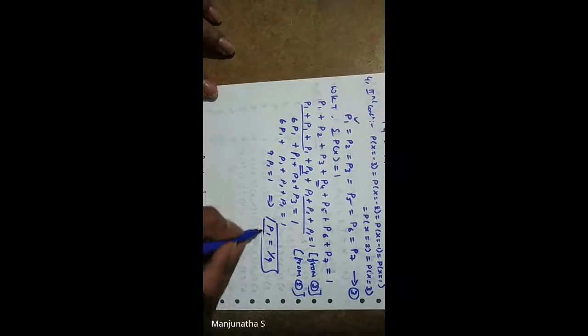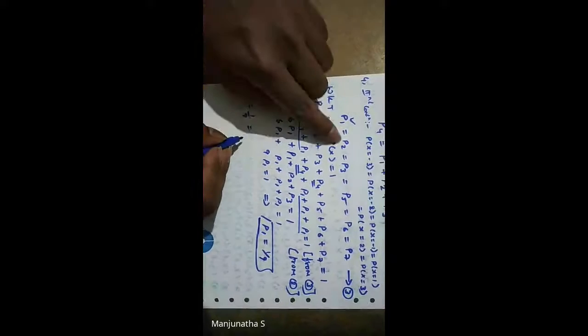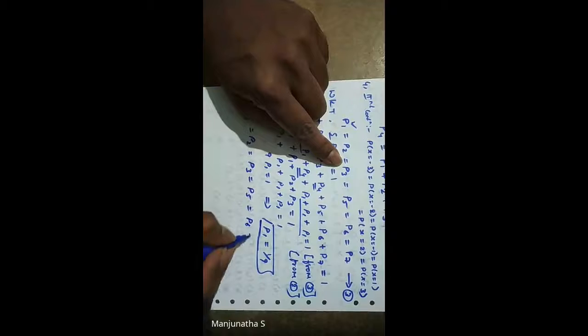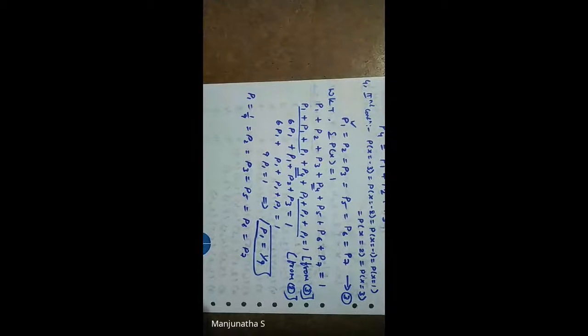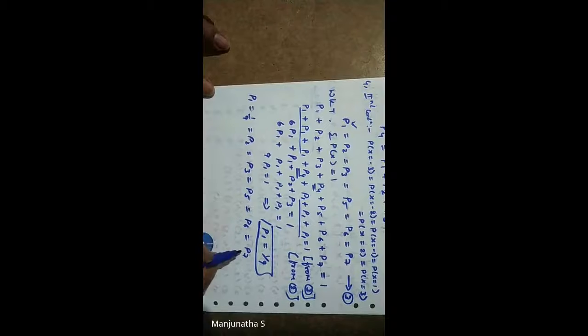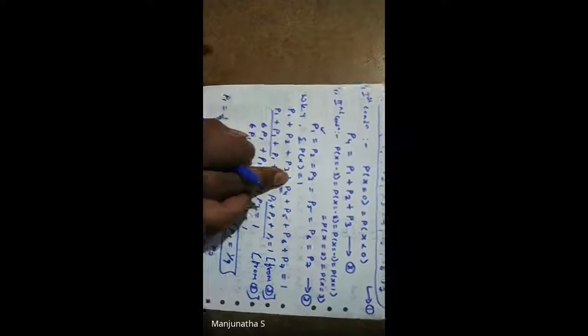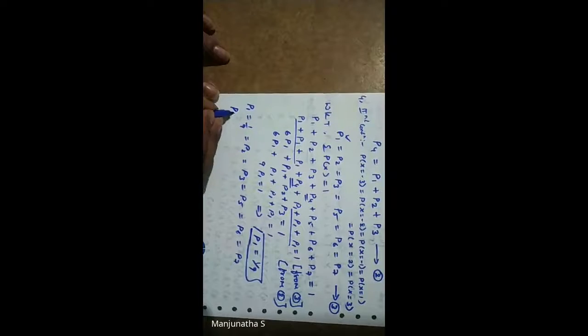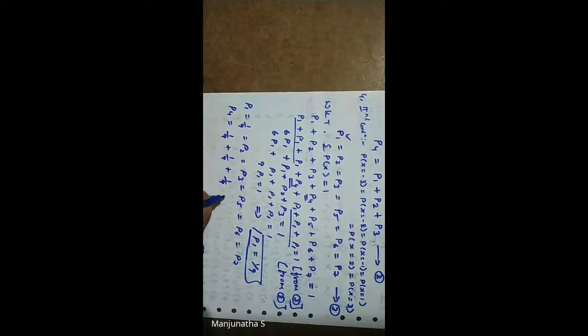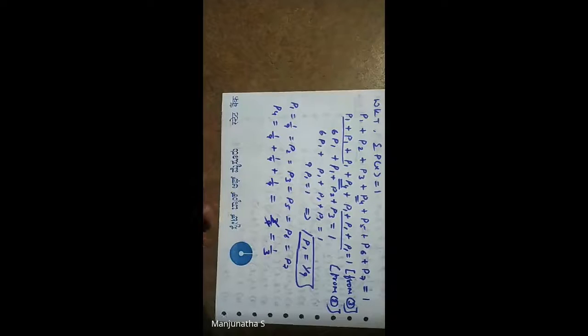Okay. So if P1 is equal to 1 by 9, it is nothing but the P2 value also. It is nothing but the P3 value also. It is nothing but the P5, P6 and P7 value also. So you got 1, 2, 3, 5, 6, 7. But there is one thing missing. That is P4. What is P4? Yeah. P4 is equal to P1 plus P2 plus P3. P1 means 1 by 9, P2 also 1 by 9, P3 also 1 by 9. So it is 3 by 9. 3 1s are 3, 3 3s are 9. So 1 by 3. Correct.